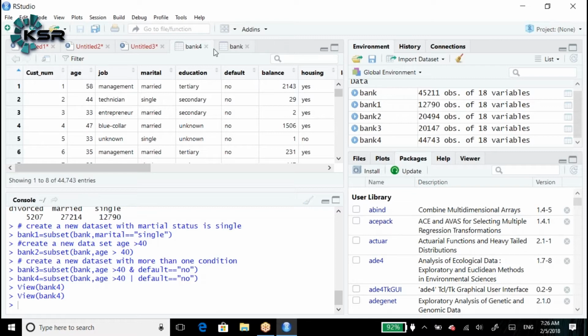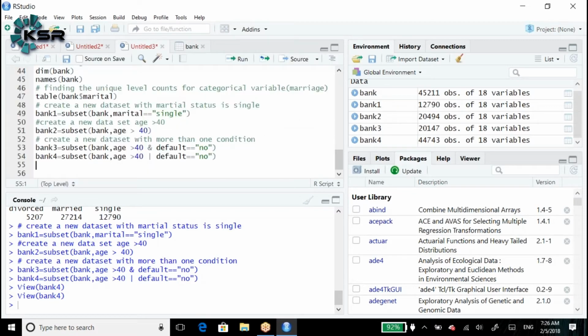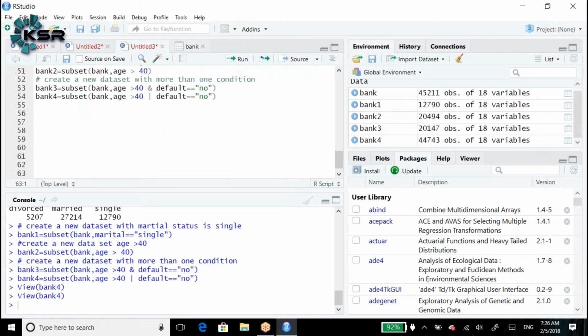Create a new data set with only the 3 required variables.